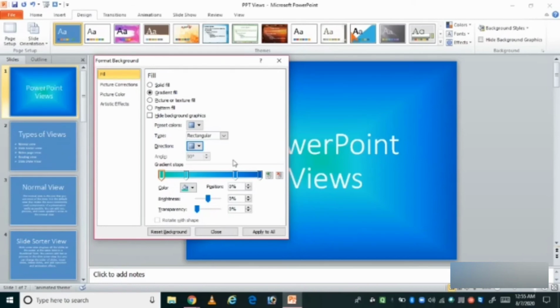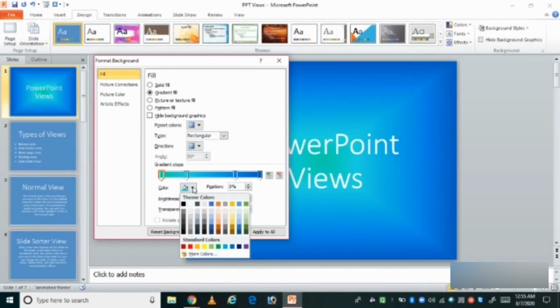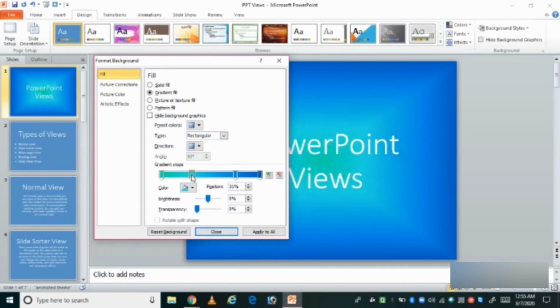You can even change the gradient stops. For example, I want to increase this color, so I can change this. I want to decrease this color. Okay, this one is fine. This one is good actually.